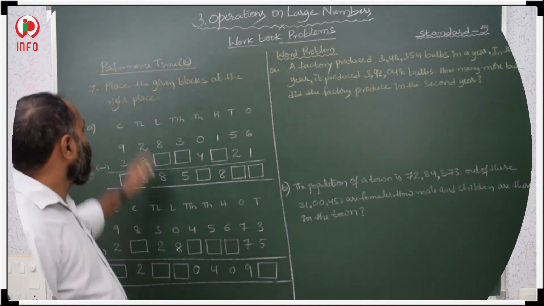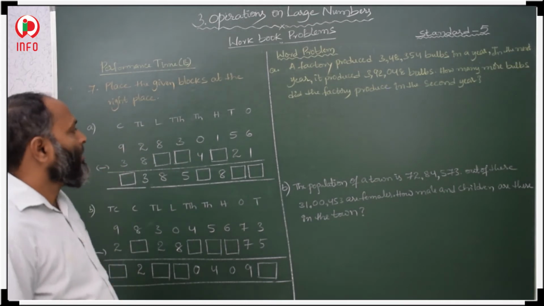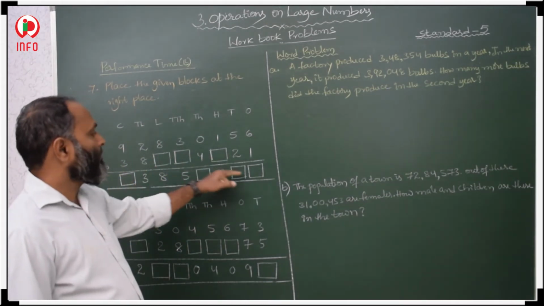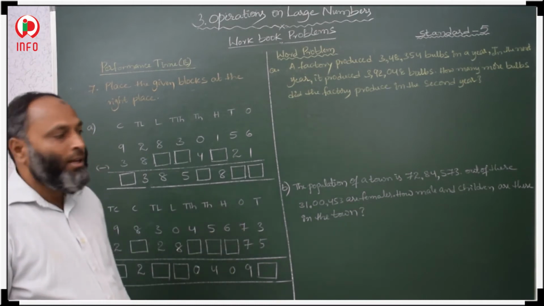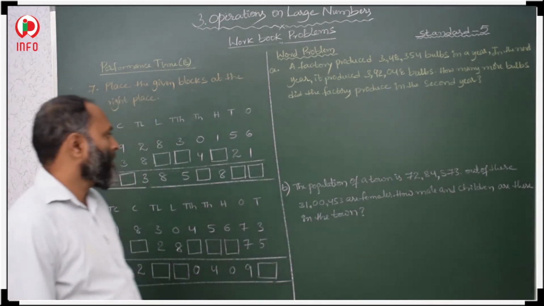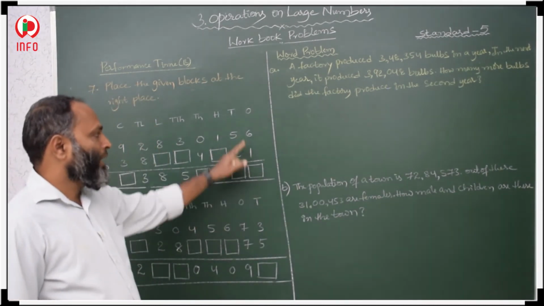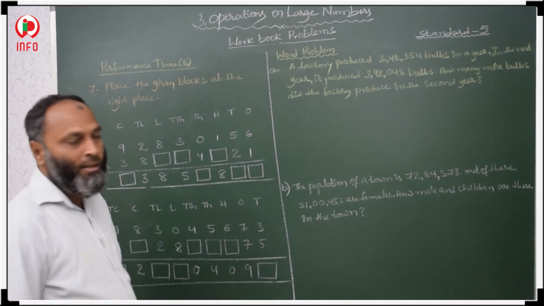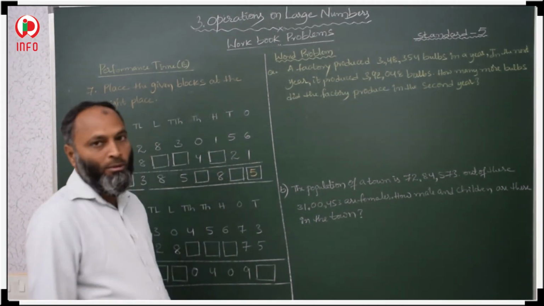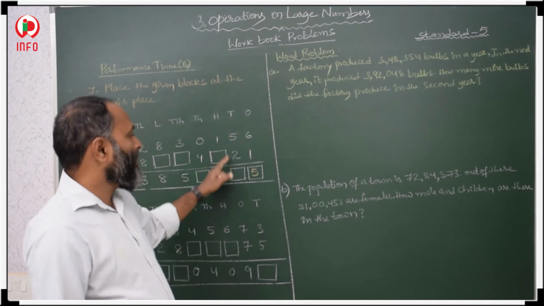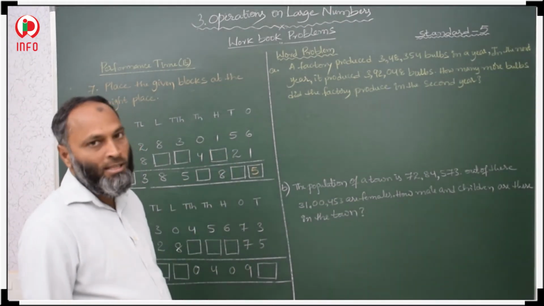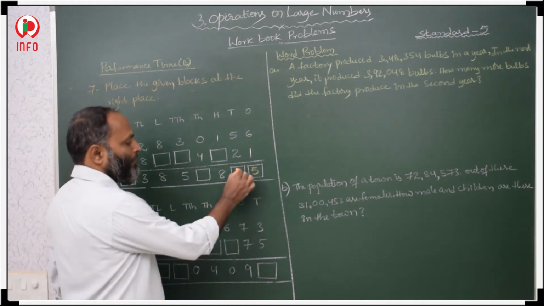Okay. Now friends, place the given block at the right place. Here some place values, some numerals are missing. So we have to keep the correct numerals in the given blocks. First, 6 minus 1. My minuend is greater, so directly subtract, and 6 minus 1 is 5. No problem. Then 5 minus 2, the minuend is greater and the subtrahend is less. So 5 minus 2 is 3.